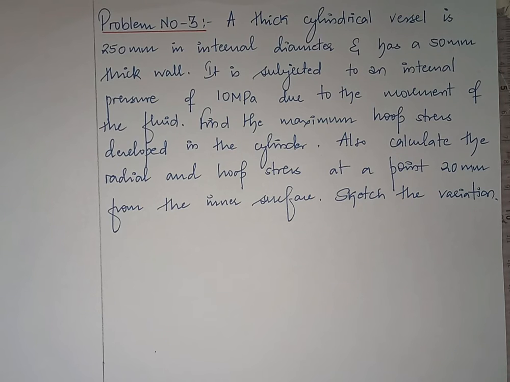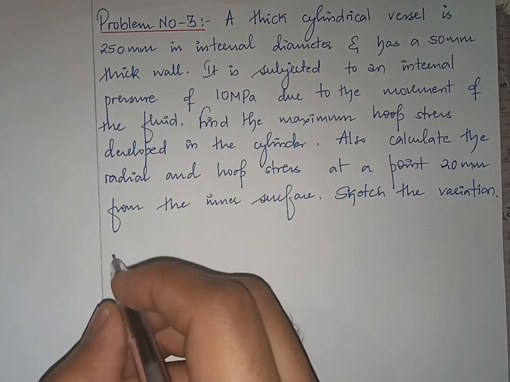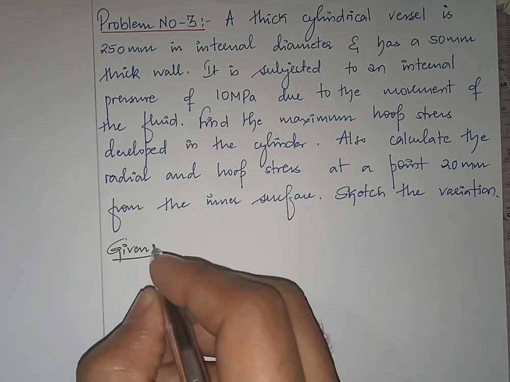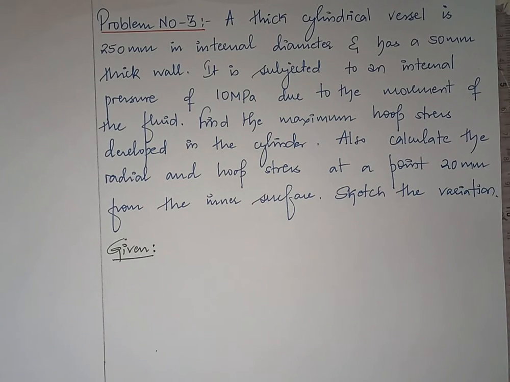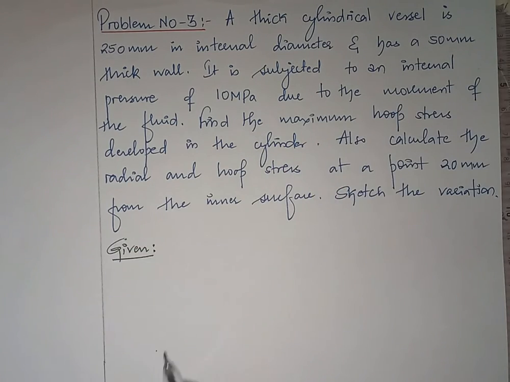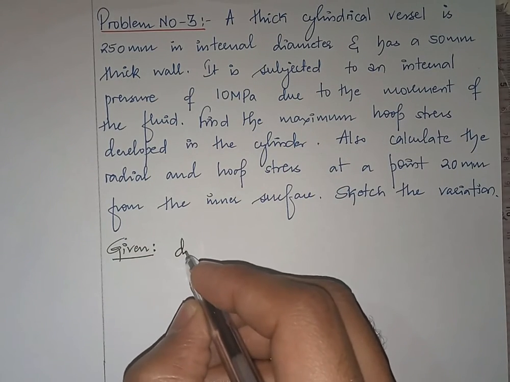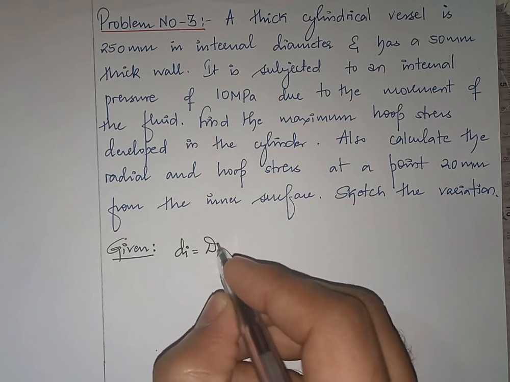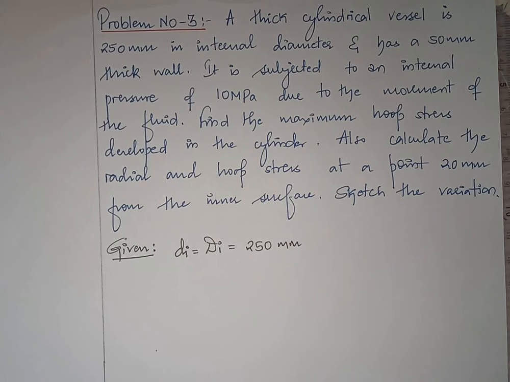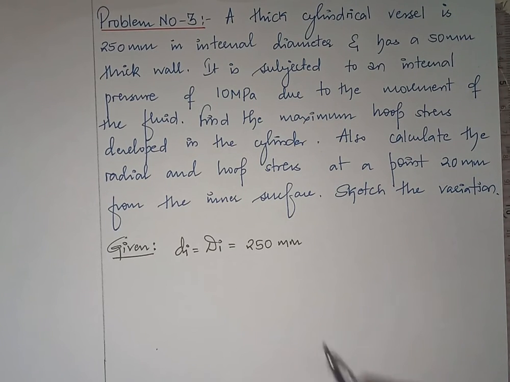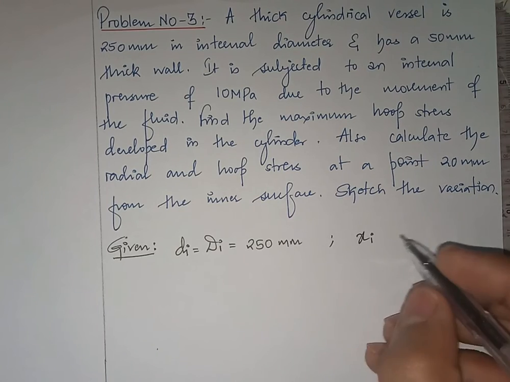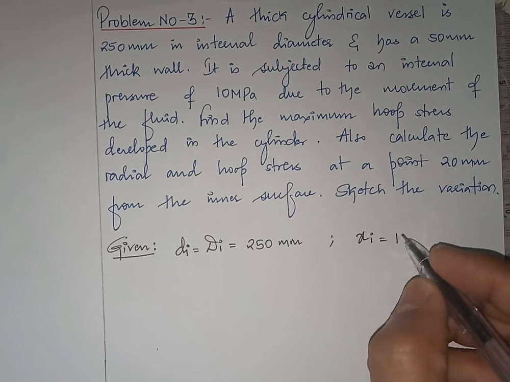So first let us write down the given data. What all things are given? A thick cylindrical vessel is 250 mm in internal diameter. So internal diameter is 250 mm. When internal diameter is 250 mm, what will be the radius? Internal radius, denoted by xi, will be half of this. So it will be 125